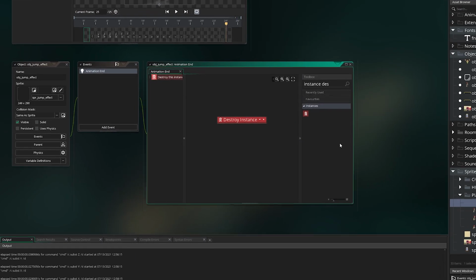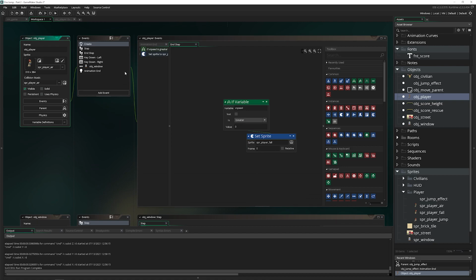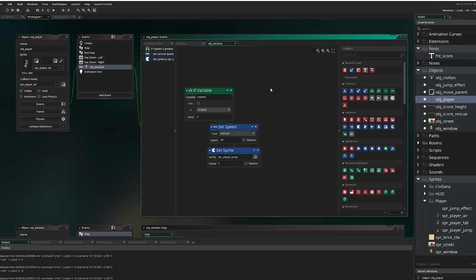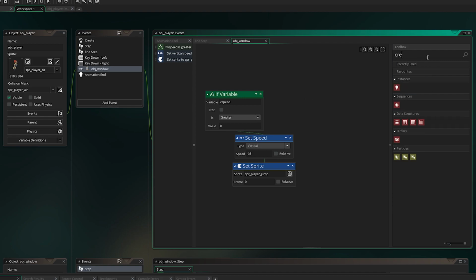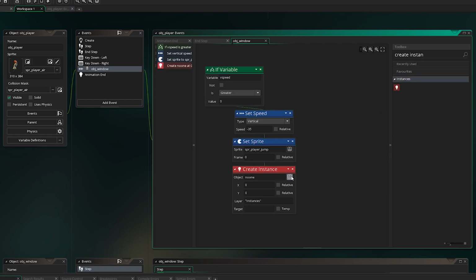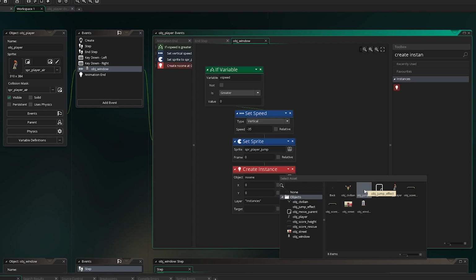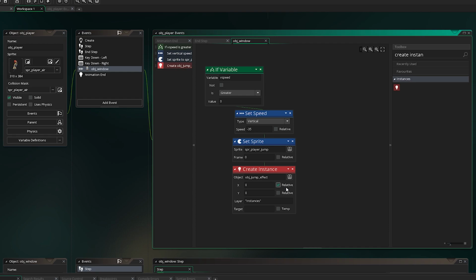Let's go into OBJ player and get to the collision event with OBJ window here. And every time we collide, we're going to create this jump effect. So we're going to search for create instance, put it down here. The instance we're going to create is under objects, and it's going to be obj jump effect. We're going to create it relative to our X position, but on the Y, we want to actually make it on the window we're colliding with, because remember, the window's origin is right on that ledge where we want it to be. So how we do that is by saying